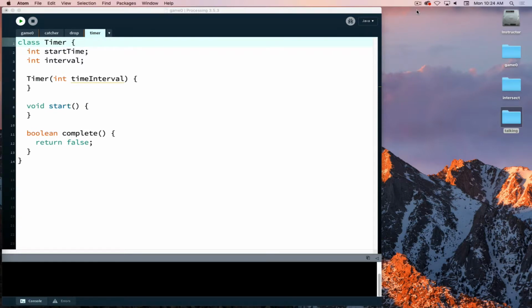Working with the timer element inside of Processing, it's a way that we can access the internal clock in the computer, and it gives us a value based in milliseconds. So when we use the actual timer object, we're going to be accessing a certain value. The value that we access is how many milliseconds have passed since the program started running. So we don't have to necessarily know, okay, what time is it now and how does that factor in to reset something to 0? We just need to know, okay, once the program starts running,